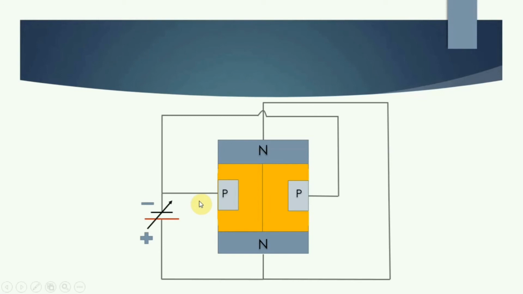This terminal can be named as gate as it controls the path. It resembles the knob we have discussed earlier in water tap analogy. The voltage applied between gate and source terminal can be marked as VGS. Hence, applied reverse voltage VGS will control the drain current ID, which will be flowing through the channel.